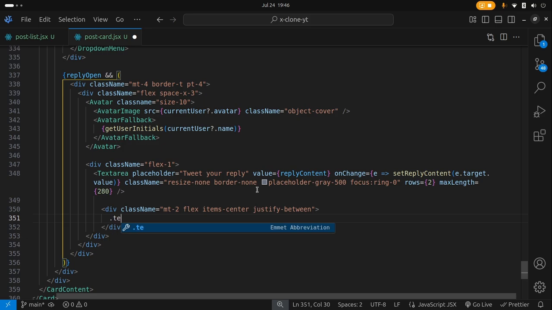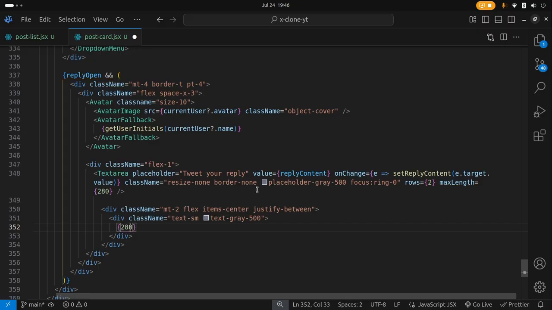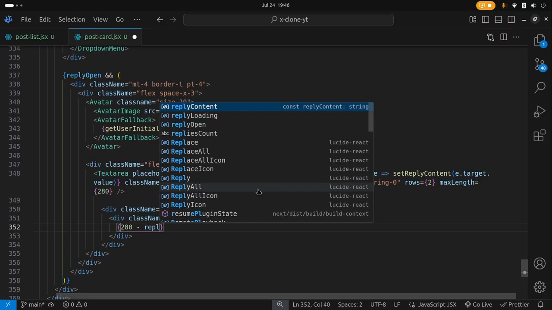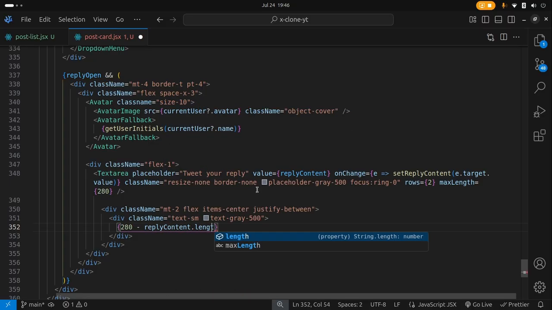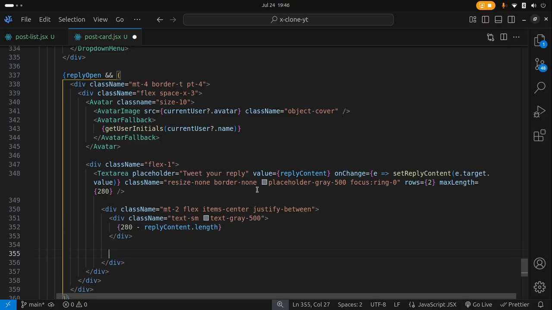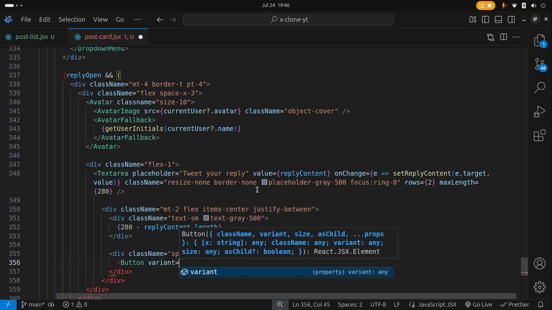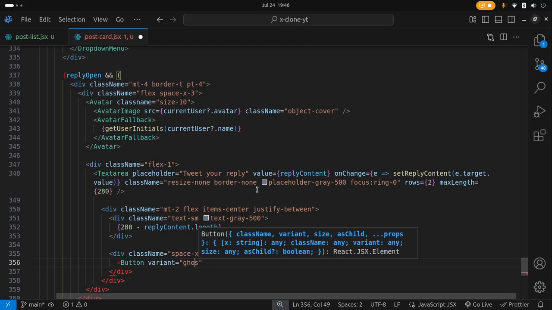And then inside this div we're going to have another div with a class name of text-sm, and then text-gray-500, and then inside this div we're going to render 280 minus reply content dot length, so that we get the number of characters left. And then below this div we're going to have another div with the class name of space-x-2, and then inside here we're going to have a button with a variant of ghost